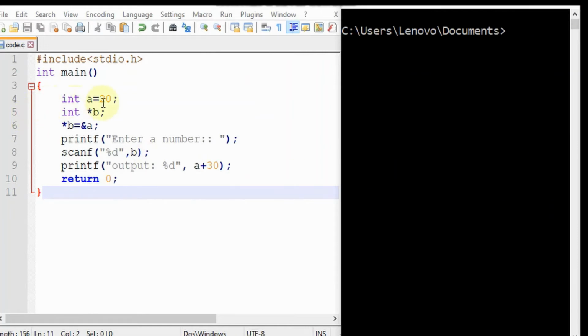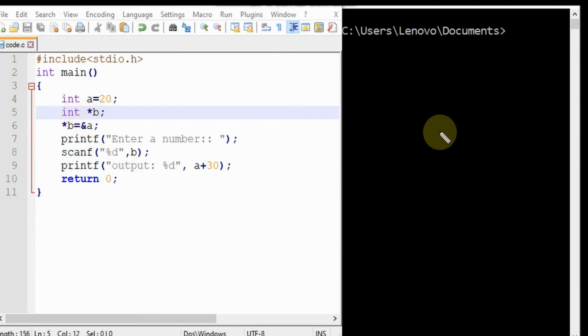So what we are doing here: to show that a variable is a pointer, we use an asterisk symbol. For the first time when we are using this asterisk with the data type, b is a pointer which points to a variable of type integer.